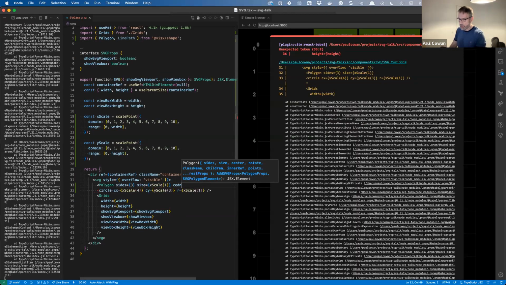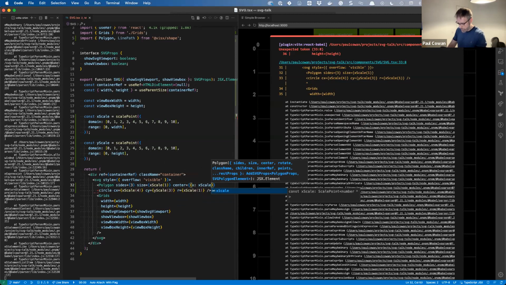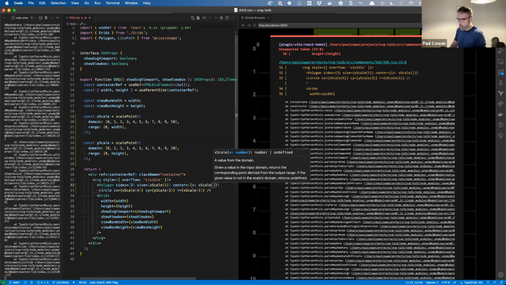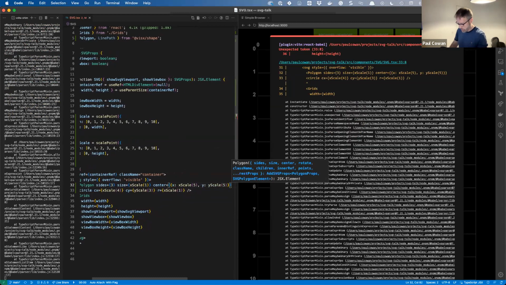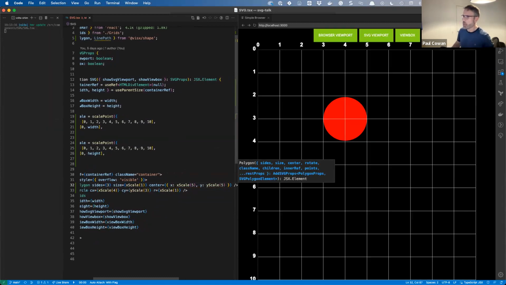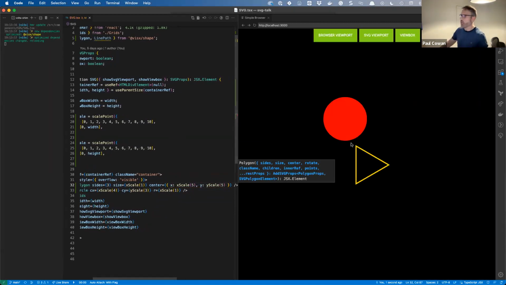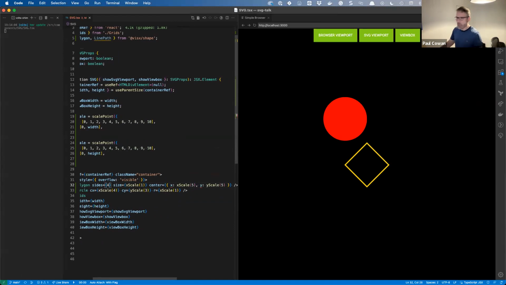And I can give it a center, the origin of the polygon, which takes X and Y coordinates. And there we go. We have a triangle, but we could just as well have a square,